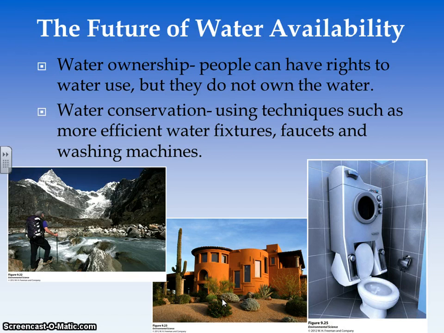Like I mentioned before, we have a lot of faucets and fixtures that are low flow that use a lot less water. This picture here, I think this is really cool. This is using what we call gray water. So above this toilet is a washing machine. This is from Germany, I believe. And so you wash your clothes in your washing machine, and then the water that's left over once you're done washing it goes into the toilet, and you use that water to flush, because we don't really care if the water in our toilets is completely clean. It's not like we're drinking it. So we can use some of our water from some of our appliances that may not be completely clean to do things like flush toilets, maybe water plants, wash our cars, things like that that we don't necessarily